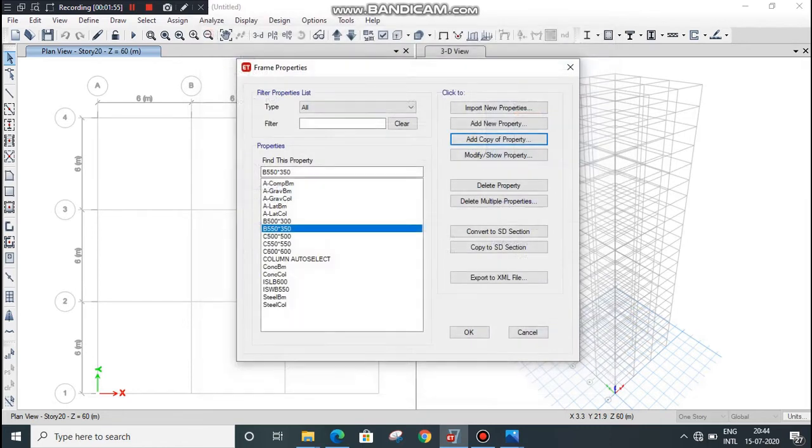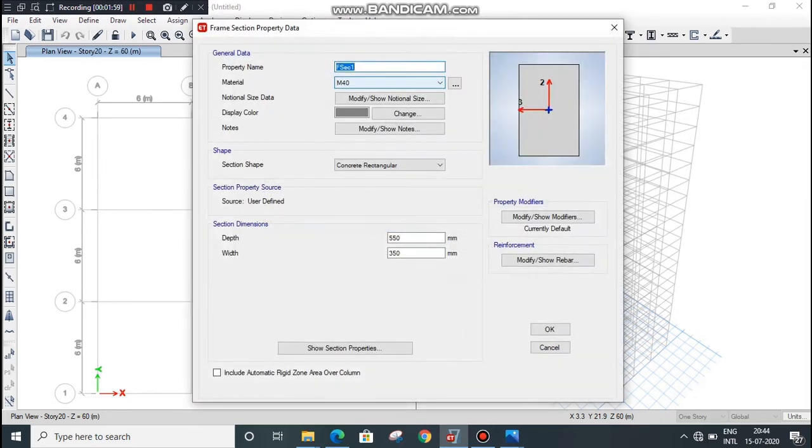Go to OK. Again add copy of property. Beam 600 by 400 mm. Click on OK.